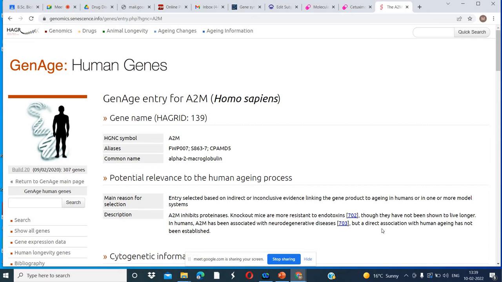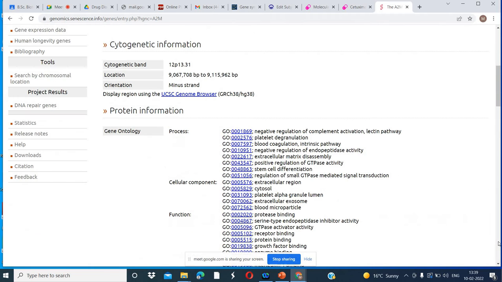They have not been shown to live longer in humans. A2M has been associated with neurodegenerative diseases. So we come to know about this gene by searching on this database. So you can have the information. Direct association with human aging has not been established. So whatever information is available is available here.